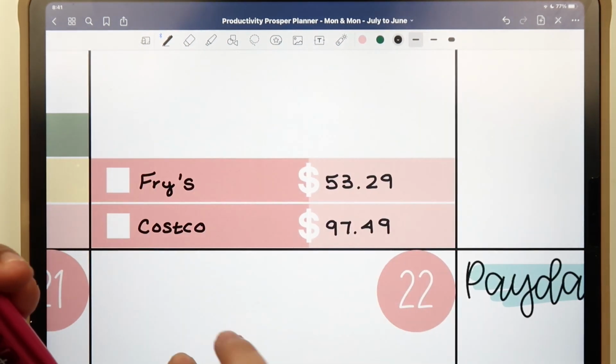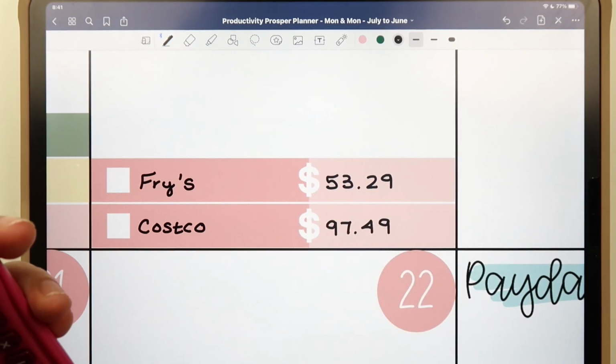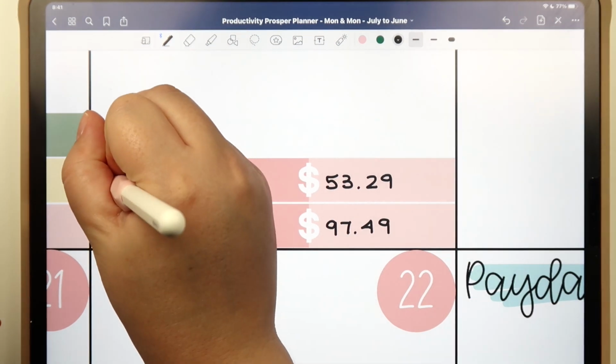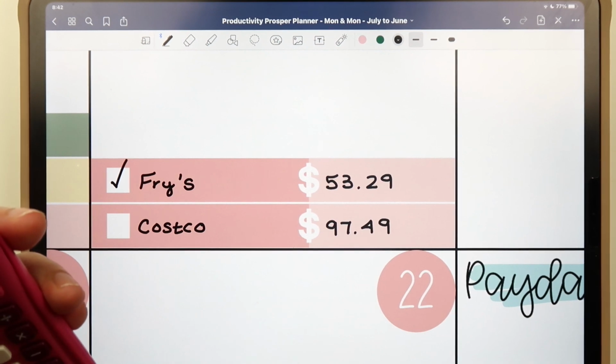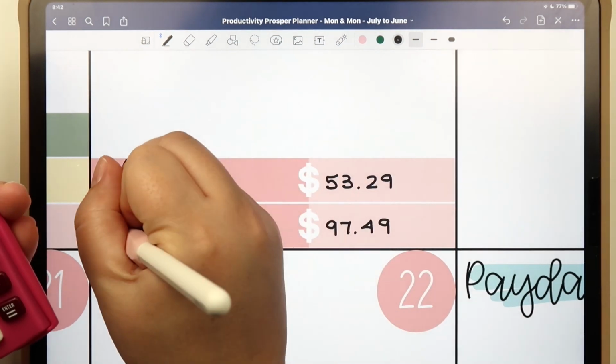All right, and then we did our normal grocery shopping today, actually. Andrew went to Fry's and got some stuff for dinners and things like that. He made a whole menu plan, and one of the dinners, I don't know what all of them are, I think we're doing pita pizzas, he said, and then he's making this beef stroganoff-like soup. It all sounds amazing. And then he got a couple things at Costco for $97.49. So our total for the week is